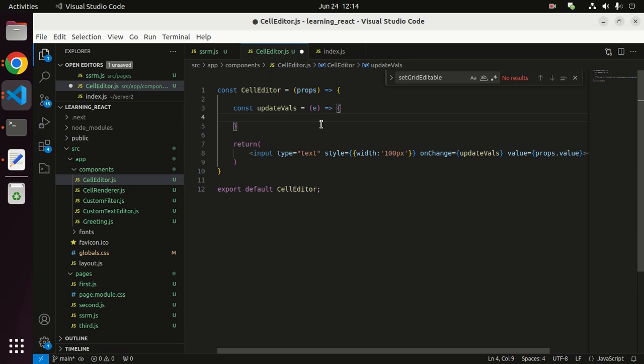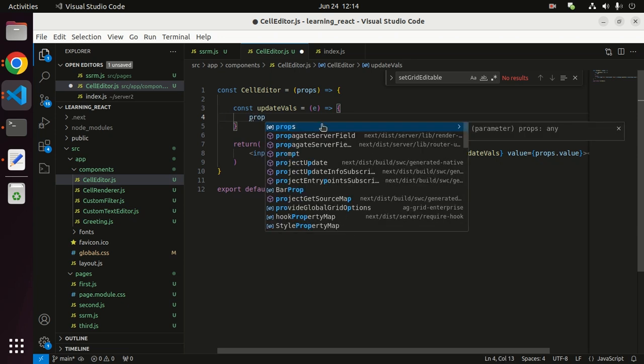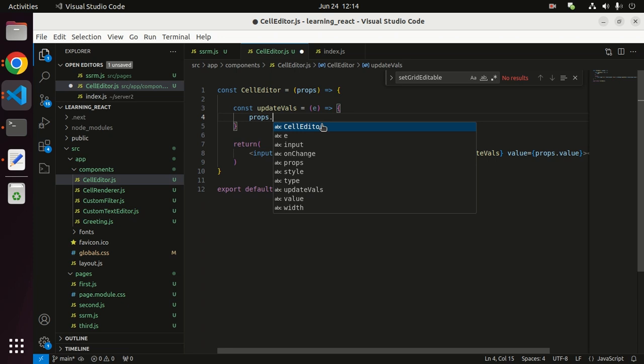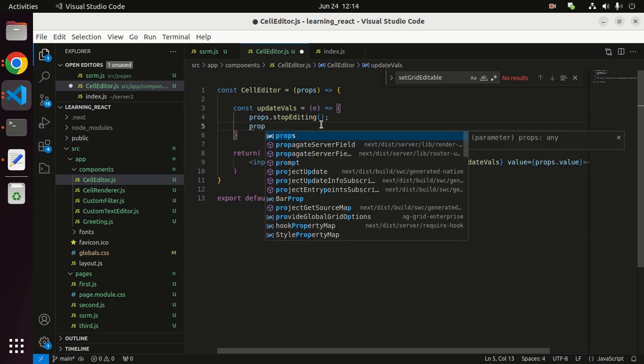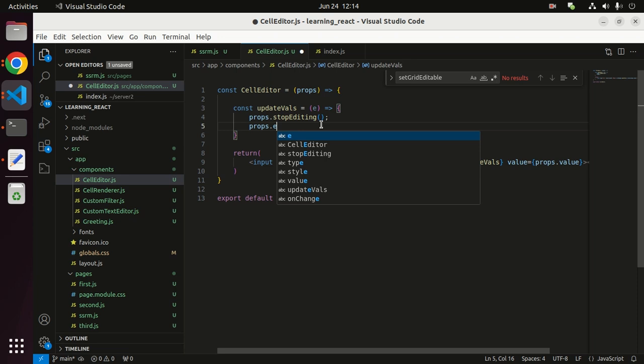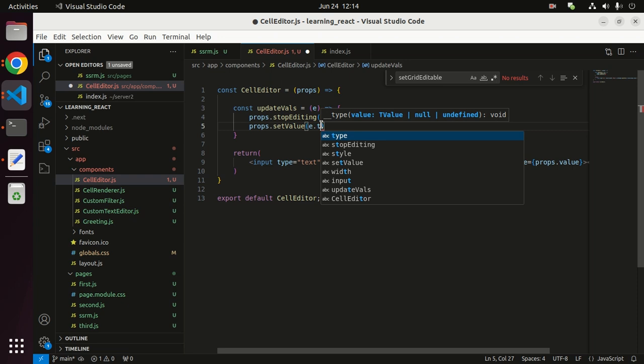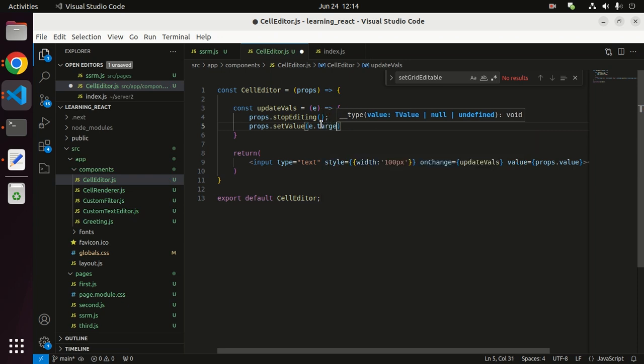First we are stopping the editing. props.stopEditing, then props.setValue(e.target.value). Okay,